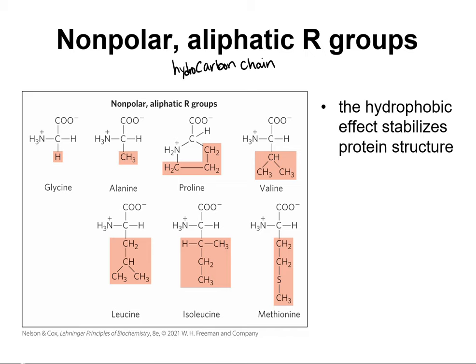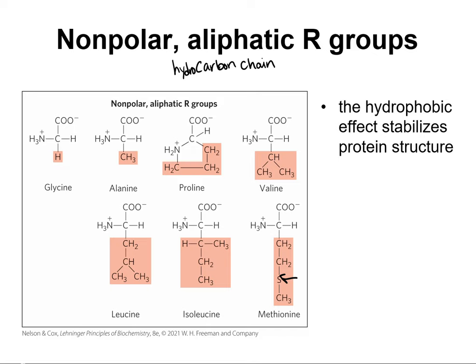We'll be a little more specific, hydrocarbon chain. Now there's one exception here. There's a sulfur in this methionine, but it's still largely an aliphatic group. Okay. So all of these are nonpolar in nature,